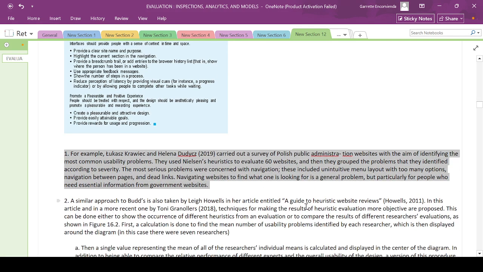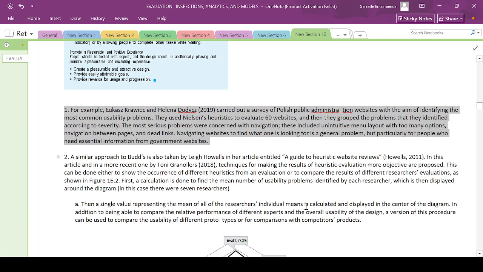For example, Lucas in 2019 carried out a survey of Polish public administration websites with the aim of identifying the common usability problems. They used Nielsen's heuristics to evaluate 60 websites, and they grouped the problems that they identified according to severity. The most serious problems were concerned with navigation. These include an unintuitive menu layout with too many options, navigation between pages, and dead links. Navigating websites to find what one is looking for is a general problem, but particularly for people who need essential